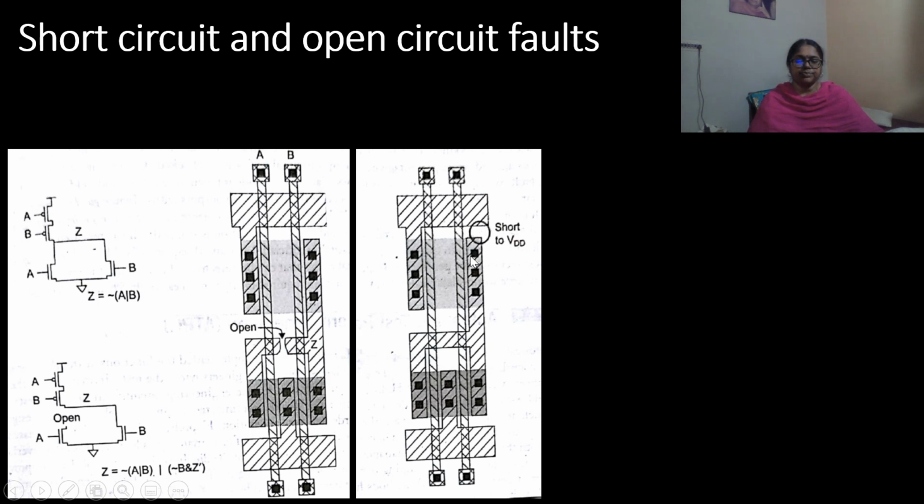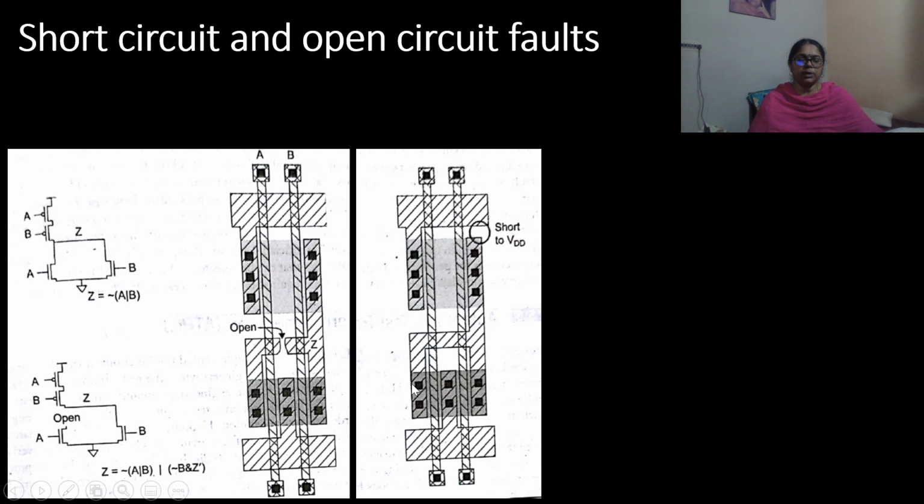here the transistors can exhibit stuck open or stuck closed states. Stuck closed states can be detected by observing static VDD current, that is IDD, while applying the test vectors. Static VDD current or IDD is the current that is flowing between VDD and ground.